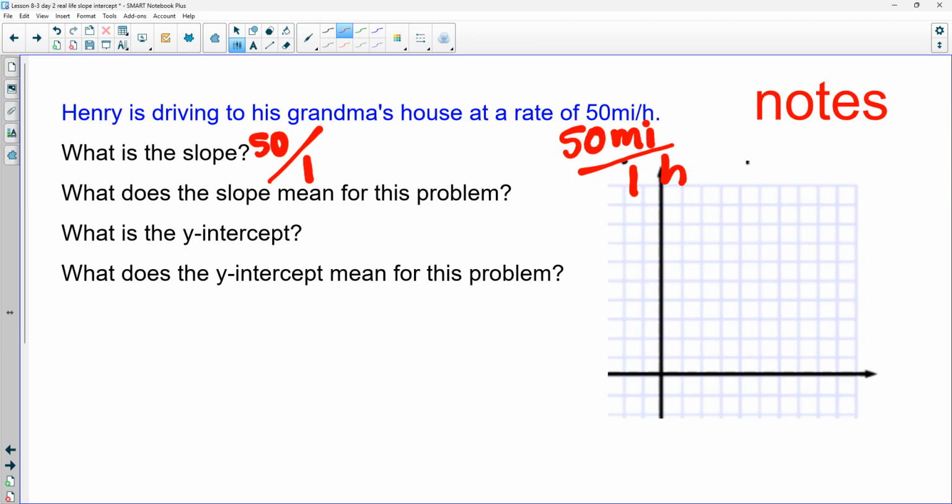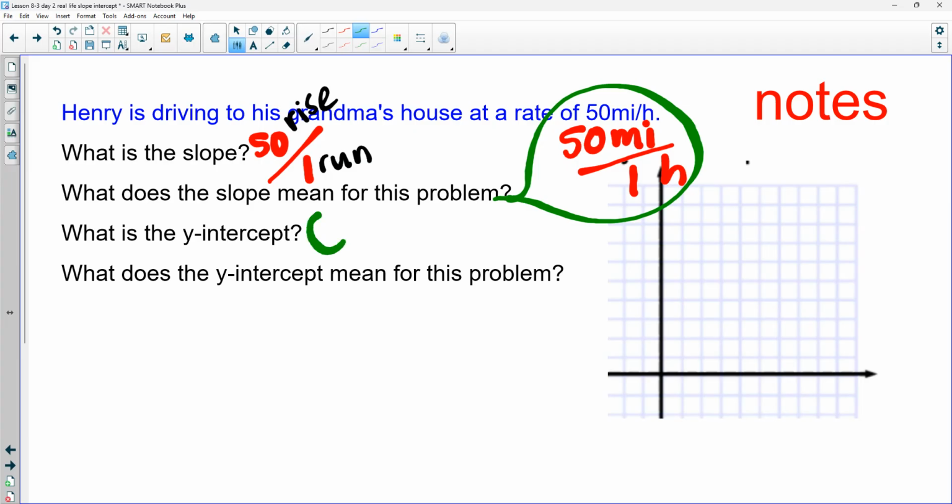What does the slope mean for this problem? Yes, I know it means rise and run, but specifically for this scenario and Henry, the slope means 50 miles per hour. The y-intercept on this one is very tricky. Where would we start this graph? The answer is 0, because